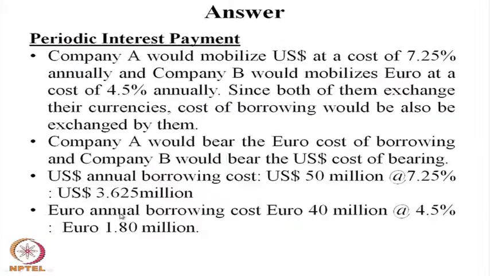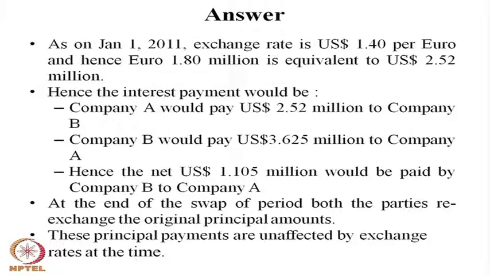In a currency swap, as I mentioned, 3 different transactions take place. One is the principal transaction, the second is the periodic interest payment transaction, and the third is the repayment of principal at a contracted rate. So what is the process involved in currency swap? There are 2 different processes: first an interest rate swap, second a currency principal swap. Currency swap itself is composed of interest rate swap and currency swap together, and it is helpful particularly in long term borrowing of corporates.